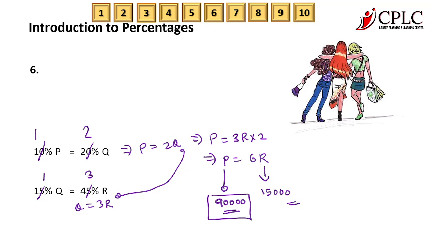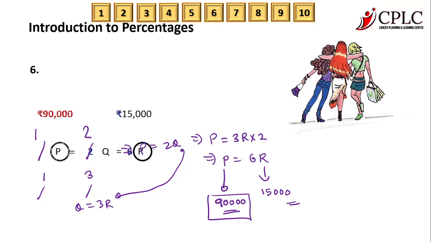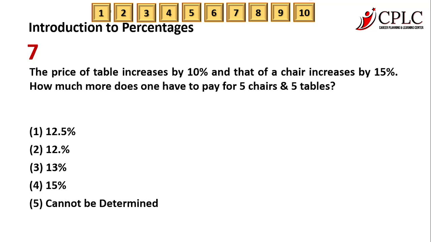So this is how you can do question number 6, for example. Question number 7. The price of the table increases by 10% and that of the chair increases by 15%. How much more does one have to pay for 5 chairs and 5 tables? Now, here, first thing you should realize is